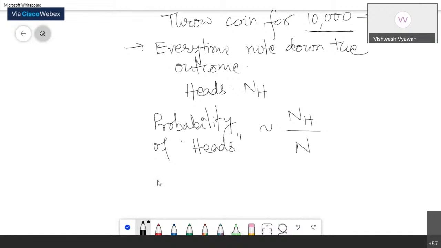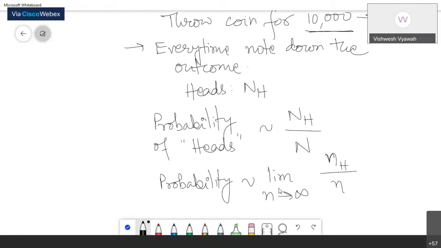In fact, the definition of probability as a relative frequency is probability equal to the limit as n tends to infinity of nh upon n. So the more you go on tossing the coin, the more this number will approach 0.5,